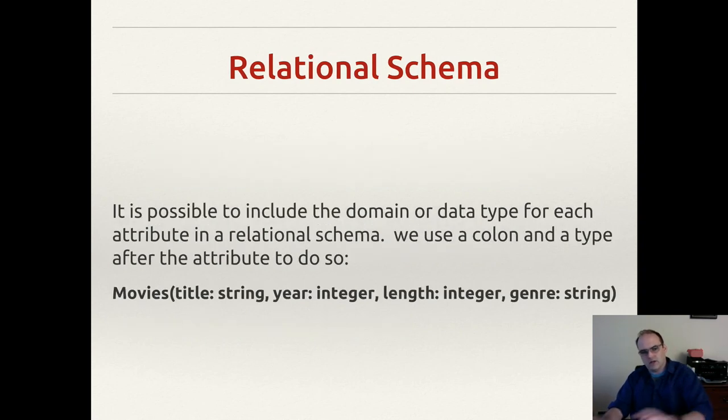Now, I wanted to come back to this. So we talked about the domain earlier, and we said that the attribute is actually the combination of the name and domain, right? So we also can represent our relational schema as that as well. So we don't have to just have the titles, right? We can also include, and probably should, generally speaking, unless we're just trying to write things out shorthand, the domain as well. So when we do that, we add a colon after the name, and then we put the data